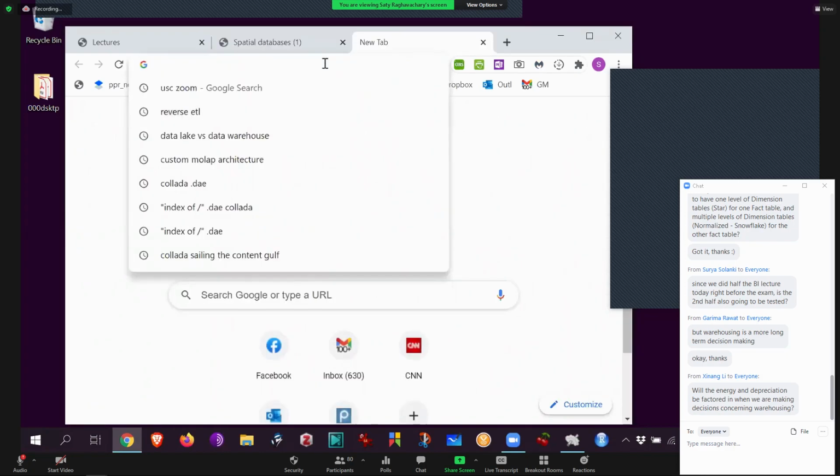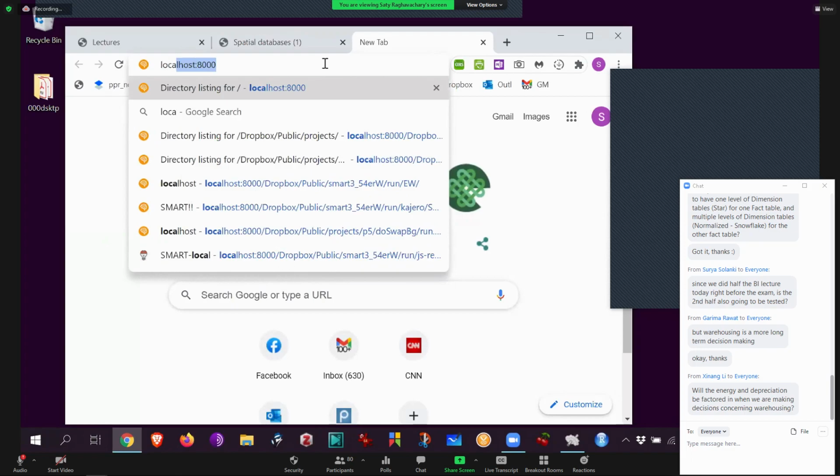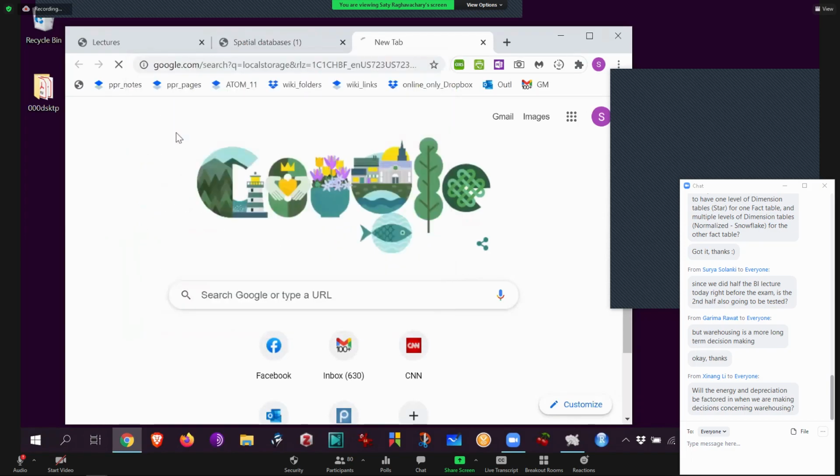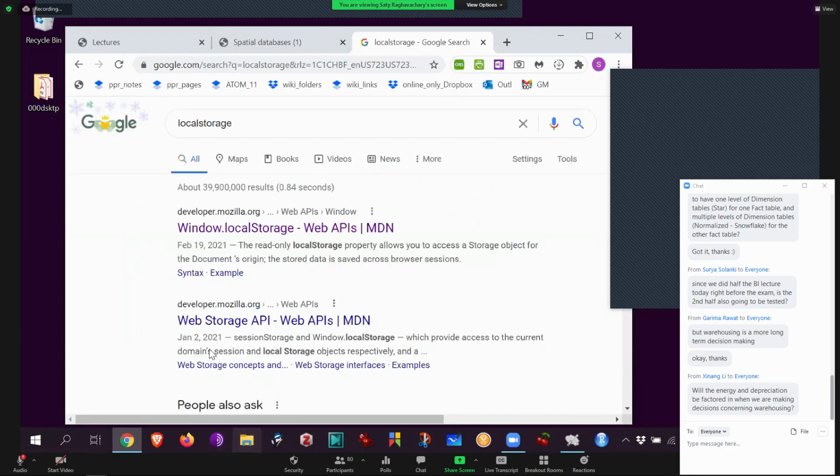So on your browser, you can actually store data. It's called local storage. And so the local storage API, this API in JavaScript, is going to go somewhere in your hard disk and store any data that you provide through JavaScript as key value pairs. So there's no table, there's no relation, nothing. And I can then go and do analysis on the values that I store.